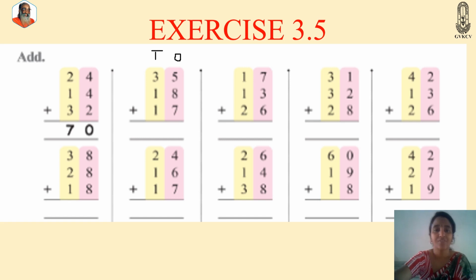Under ones we are adding these. What are there under ones? 5, 8 and 7. So add. What is the larger number? 8. So I am keeping 8 in my mind. To that 8, I am adding 7. 8 in mind, take 7 fingers. 8, after it 9, 10, 11, 12, 13, 14 and 15. So the addition of 8 and 7 gives me 15, right?